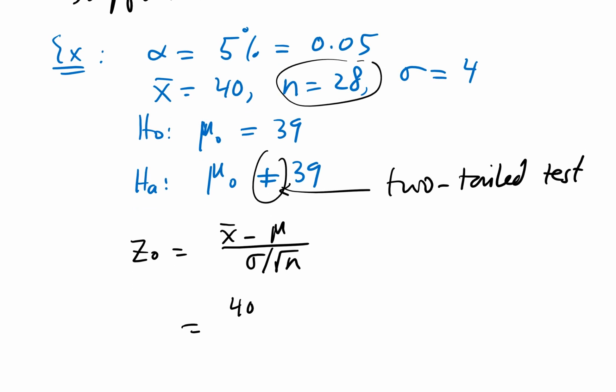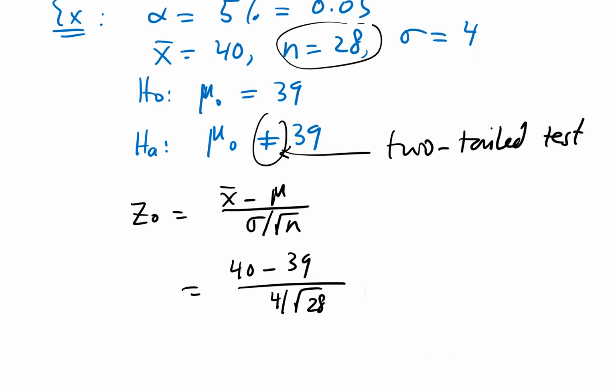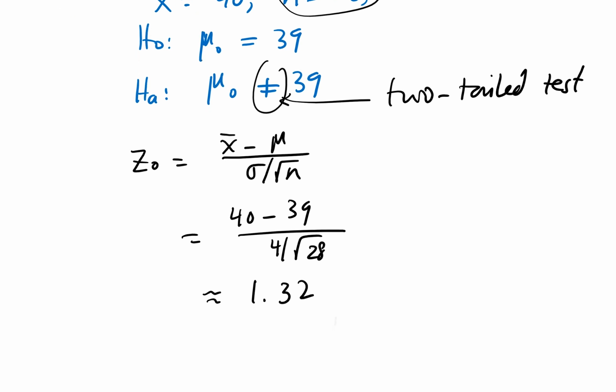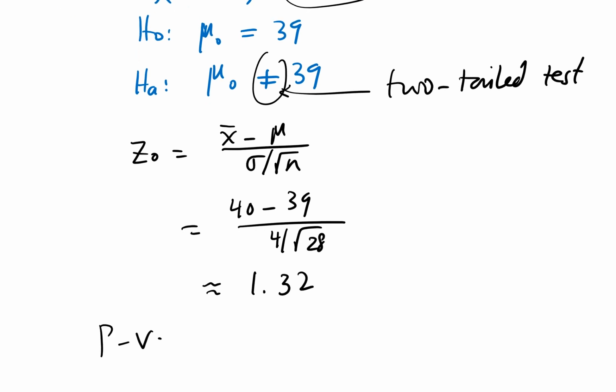X bar is 40, the mean is 39, s is 4, n is 28, and I calculated this and got 1.32 rounded to 2 decimal places. Then we're going to find the p-value. The p-value is 2 times the probability